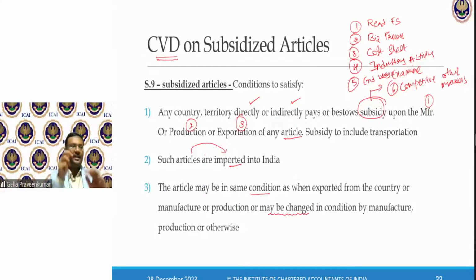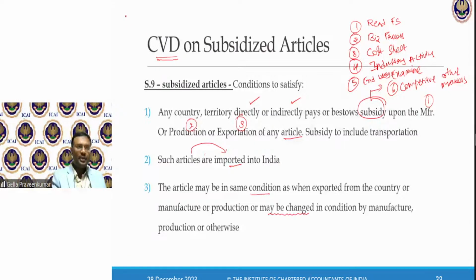And that subsidy is helping them to reduce their export price. And especially, does the government of that particular country say only those goods manufactured and exported to India get a subsidy? This is just a parallel reference, nothing wrong.